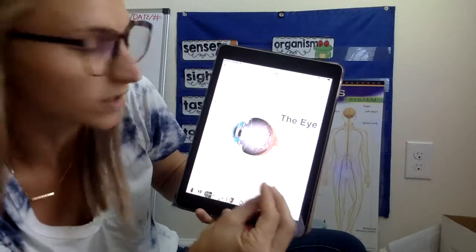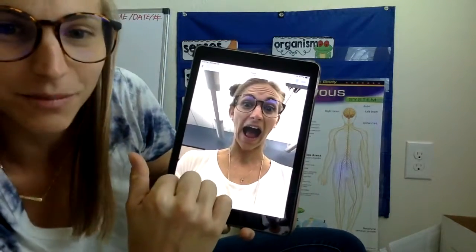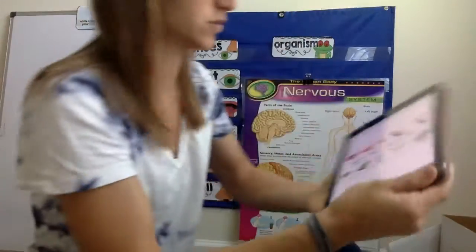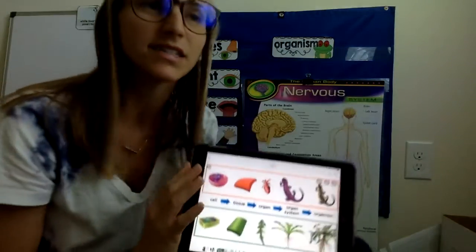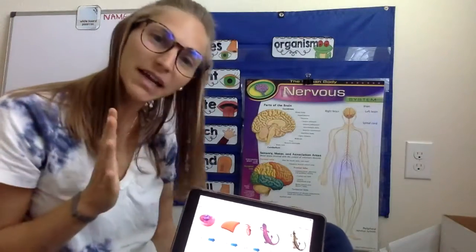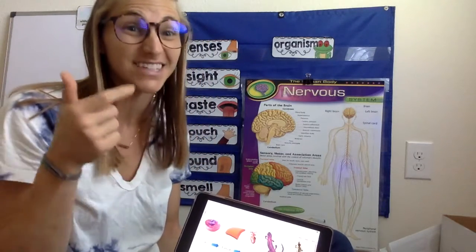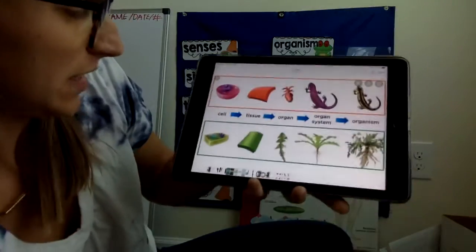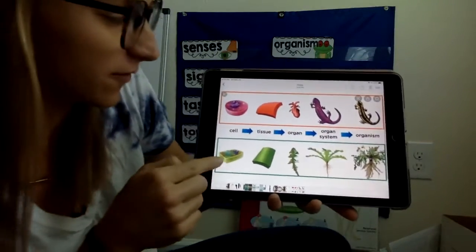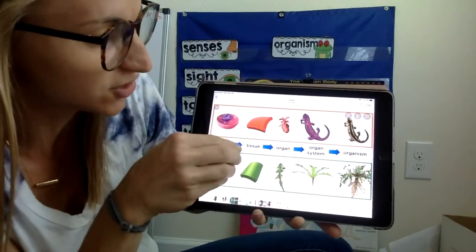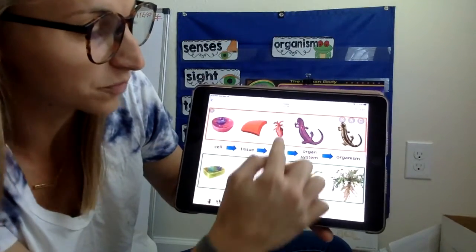And once those things work together, you have me. I can see. Okay? So I have one more example that's really kind of cool, because this lesson we're working on is about the human body, but also how it's similar but different to plants and animals. In here, again, I told you that it starts off with little cells, and then those cells put together are tissues. Then those tissues form an organ.